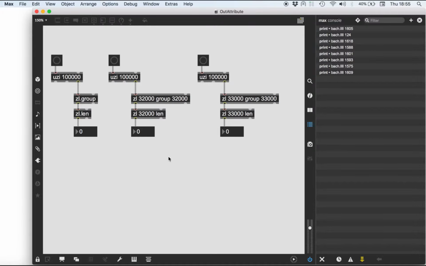Max lists are designed to be fast, but they are not as powerful as you'd think. They are limited in size, so by default, zl objects only work with 256 elements. You can crank them up to 32,000 with some tweaks, but you cannot go farther than that. If you try 33,000, you get 32,767, which is the hard limit of the list size in Max. It's 2 to the power of 15 minus 1. And this is a problem because